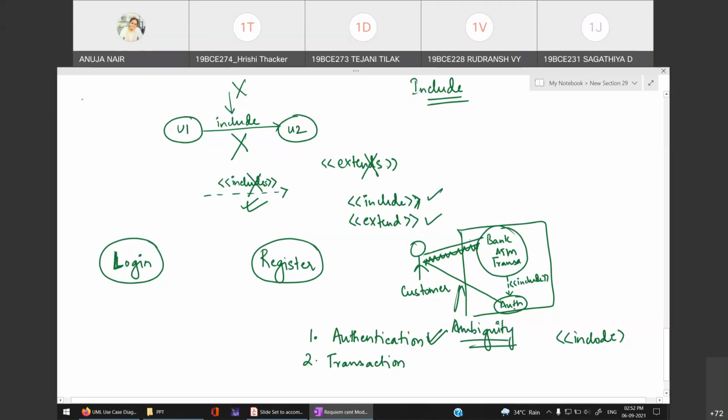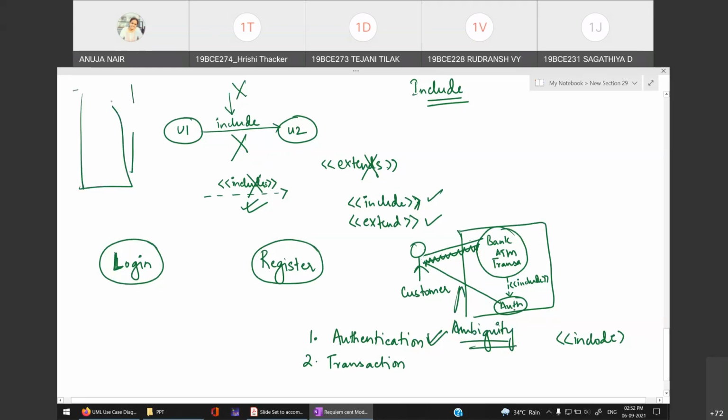See, what students do is that they make a big use case. They make a lot of use cases and they connect everything with everything. This is wrong. You need to think logically as per your functional requirements. Okay? So if you connect this one too, and this one too, then this one is wrong. This is wrong. Are you understanding what I'm saying?